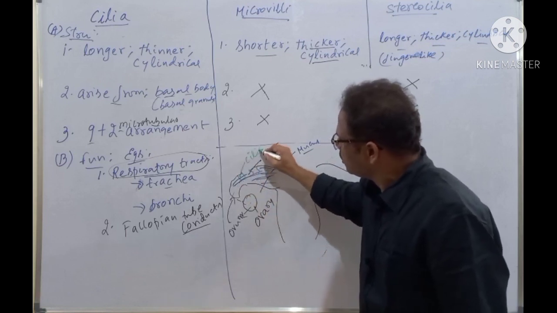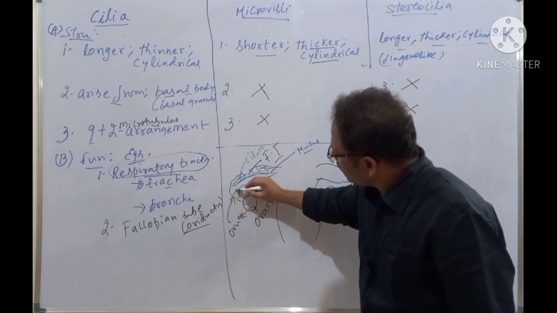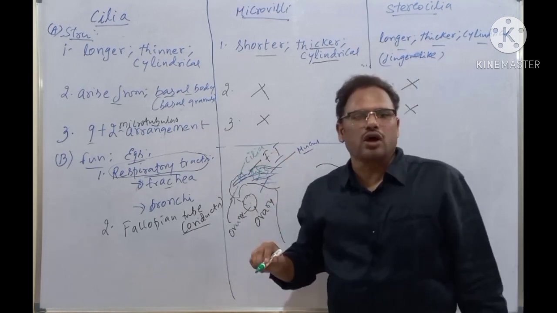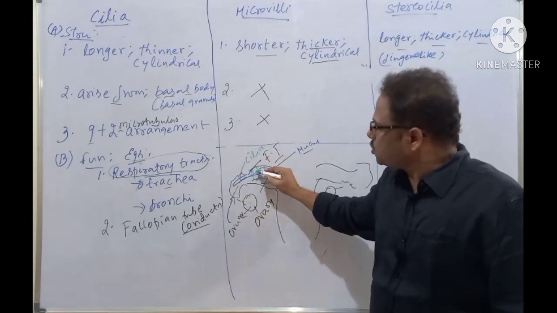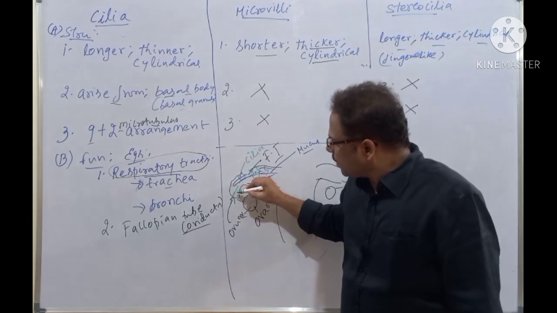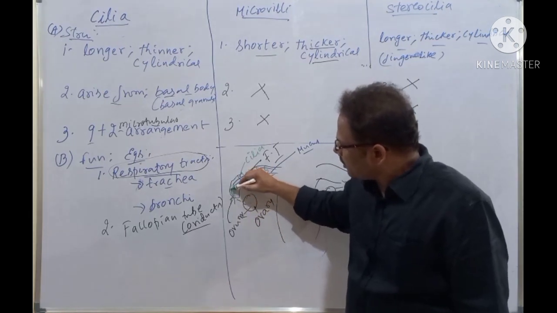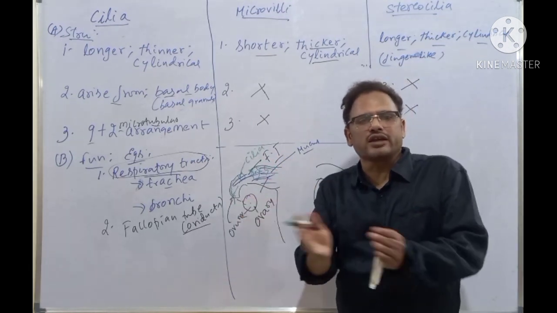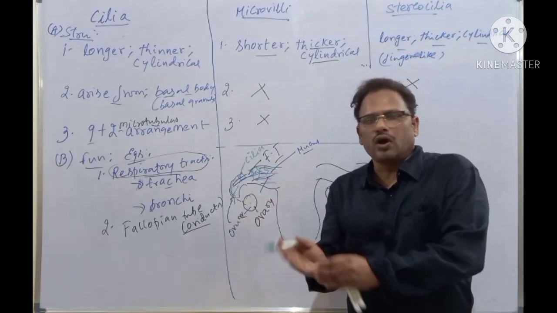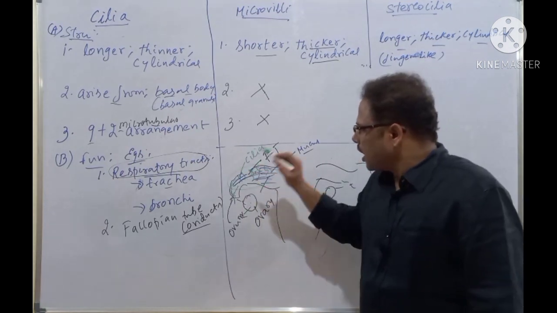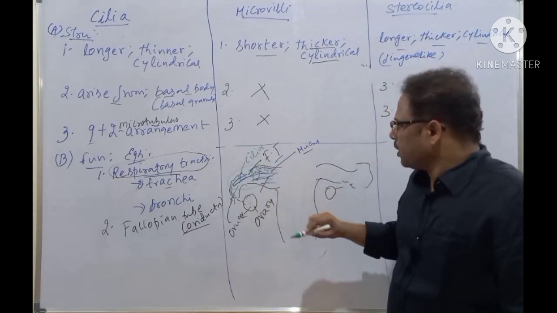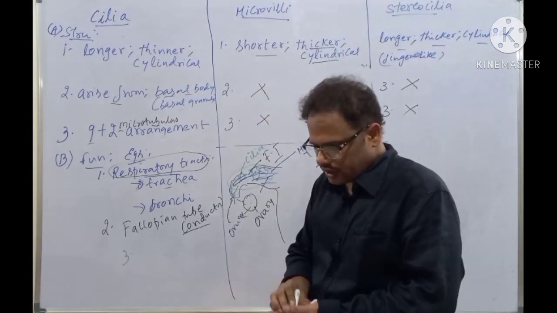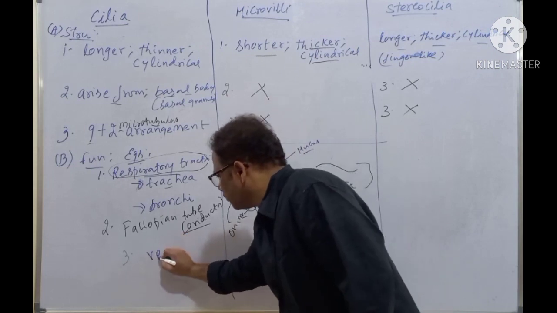These are the cilia, for example. And the ovum should be conducted to a precise structure, that is called the ampulla isthmus junction of the fallopian tube. There the ovum should be waiting. How is the ovum entrapped here and conducted to the ampulla isthmus junction? Only by the ciliary action. It moves here and there because the fluid medium is there, and only by this it is moving here. And the third one is, the cilia are also present in the ventricles of the brain.